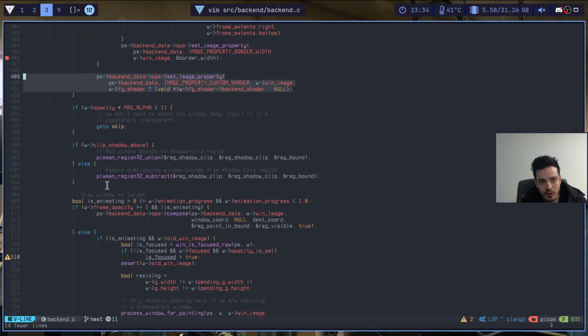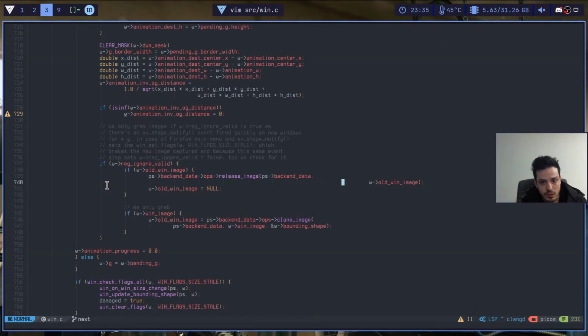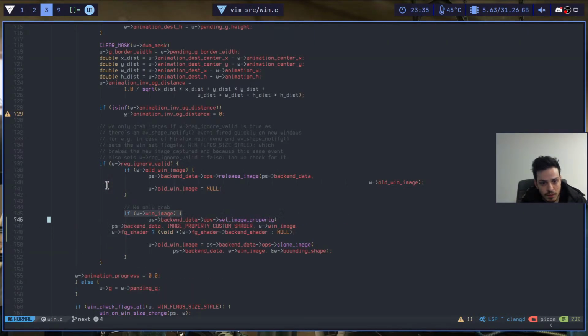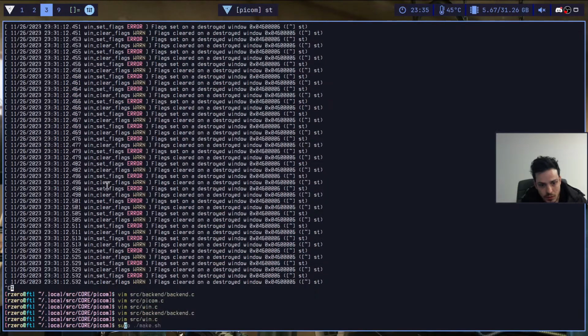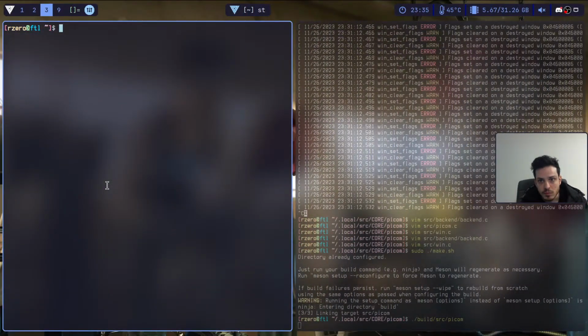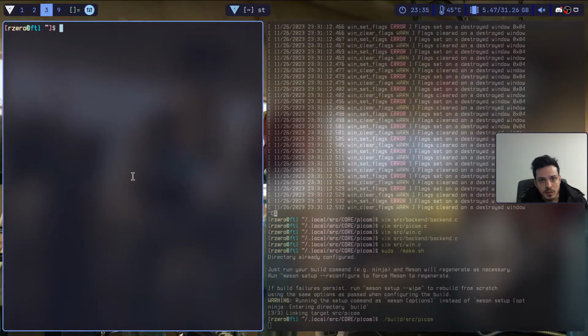I wonder if we try to do something like this. So if we copy this and go to here, and when it's grabbing it, can we do something like this? I just want to try this. I really don't think this would work, but I just want to try it. No. It somehow skips the custom shader,